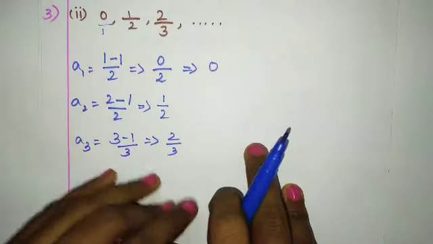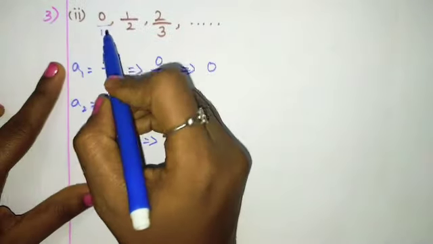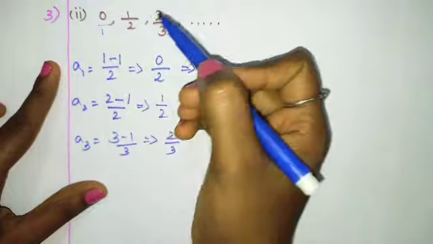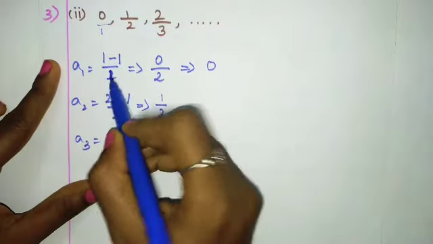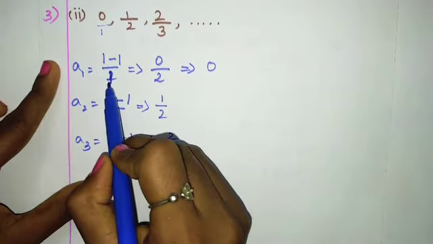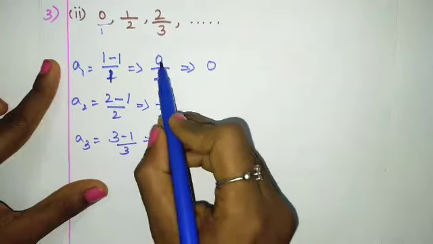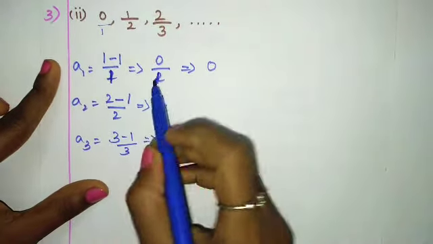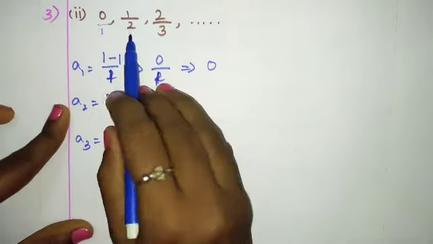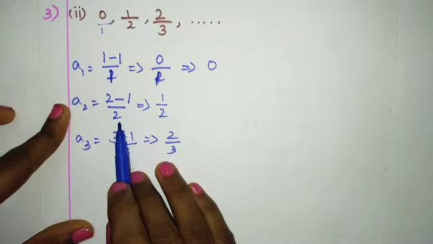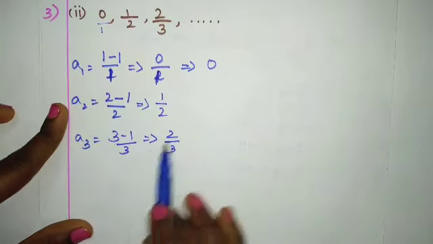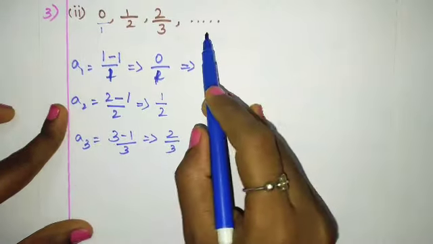Okay, so see clearly, whatever you have in denominator, minus 1 divided by that number. I'm sorry, this is 1. So 1 minus 1 divided by 1. So 1 minus 1 is 0, divided by 1 is again 0. Okay, this is 1. Please change it. Now again this is 2, right? So 2 minus 1 divided by 2. Then here it is 3. So 3 minus 1 divided by 3. I am getting the same sequence now.